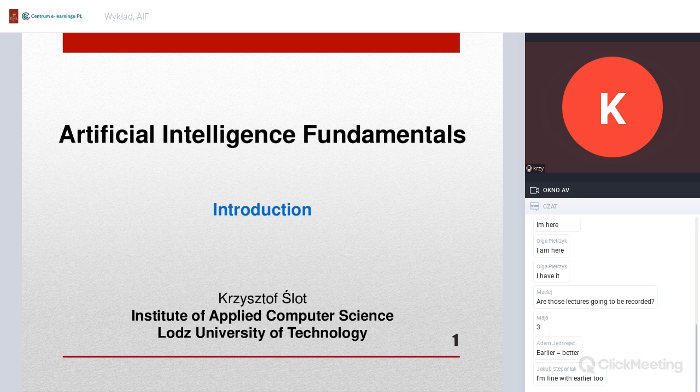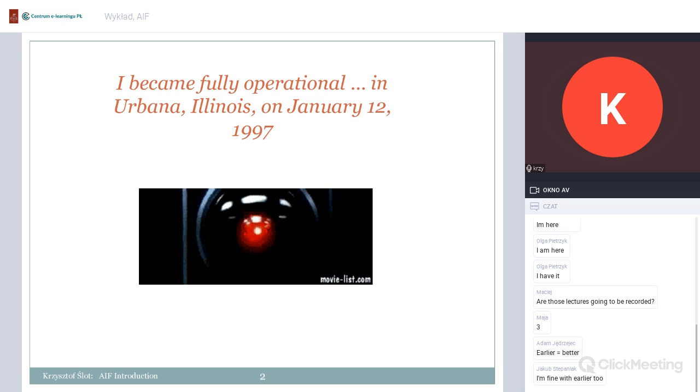At the end of this first introductory set of slides, I will show you some tentative course plan. And I will be trying to make this introduction as short as possible, because we don't have much time assigned to the course, and the course is quite extensive. Probably the subject is becoming quite important. So we will be talking about fundamentals of artificial intelligence.